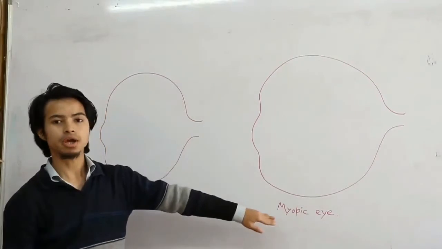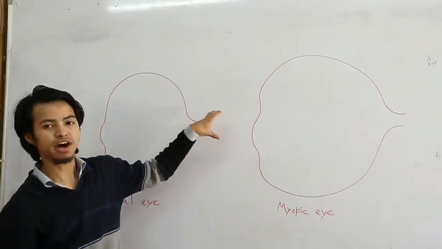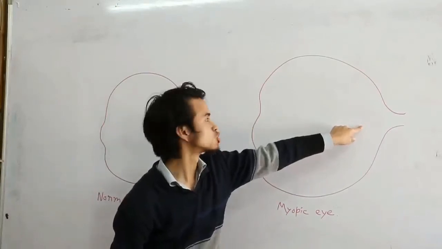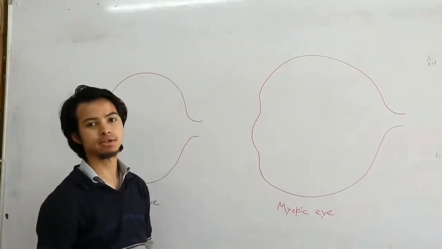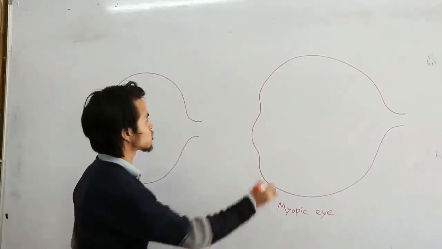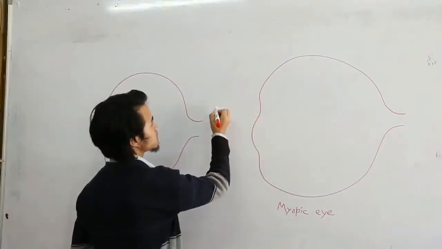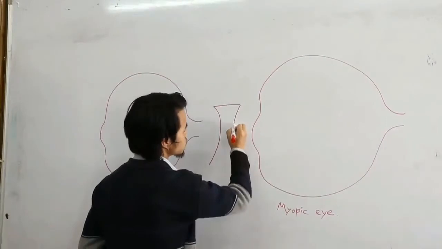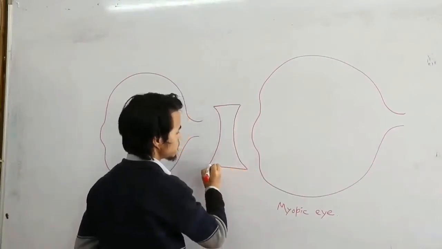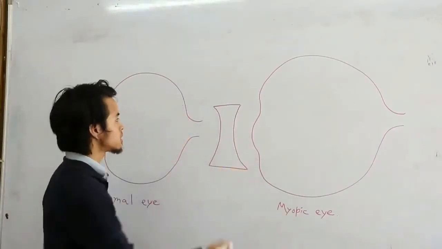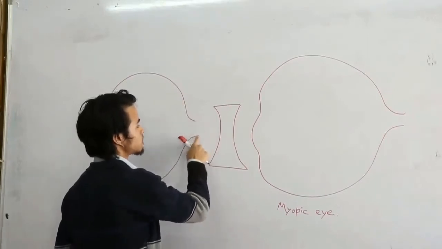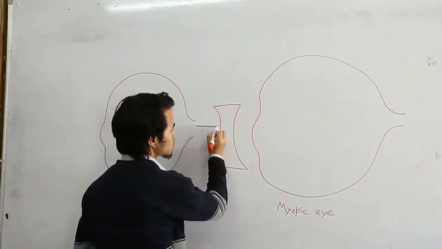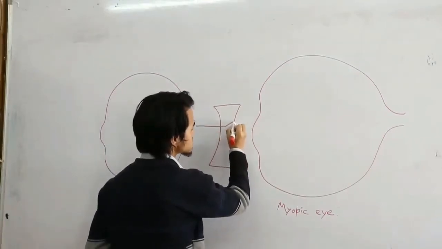Now, in a myopic eye, because the light rays coming from far off objects get formed in front of the retina, we will see how we can correct this defect of vision. It is corrected by placing a concave lens of suitable focal length. If we place a concave lens in front of the myopic eye, because the function of the concave lens is to diverge the light rays, it will diverge these light rays